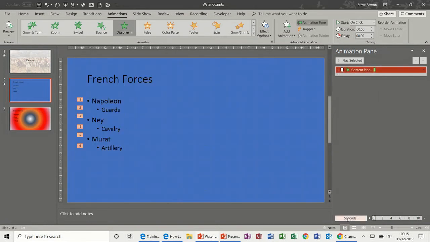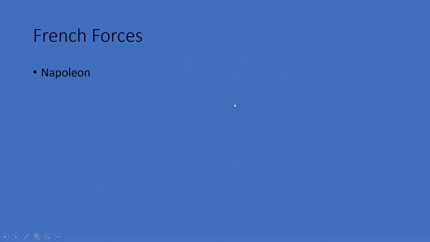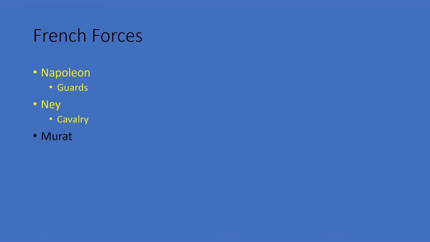And you can see the preview there as shown. But what happens in full screen? Let's have a look. So now I'm talking about Napoleon. Press enter. Napoleon changes colour, loses focus, and I'm now talking about guards. Looking at that now on my screen, I probably wouldn't use that yellow, it's too bright, so that looks like Napoleon's still got focus. But you can see what's happening each time I press my mouse. I will get a change of colour and a new item. Now when you get to the bottom of your slide, another bullet hasn't appeared, and the last thing is yellow,